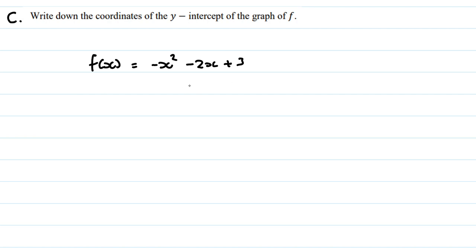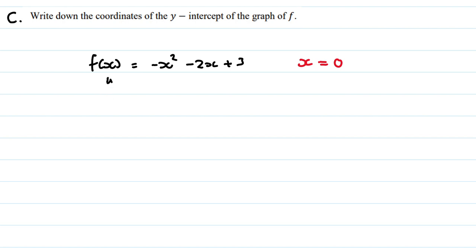So similar to the x-intercepts of f, the x value at the y-intercept is always equal to 0. So we're gonna set all x values equal to 0, and then we're gonna find the y